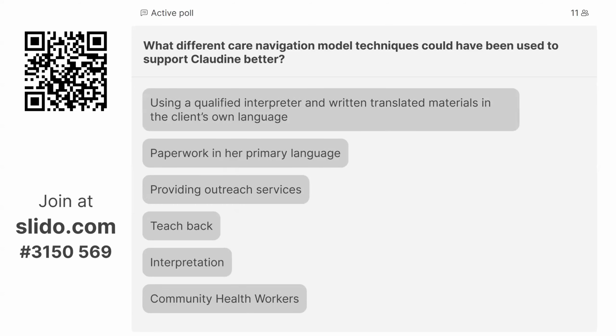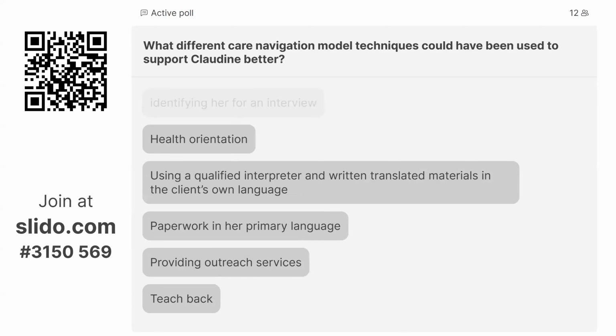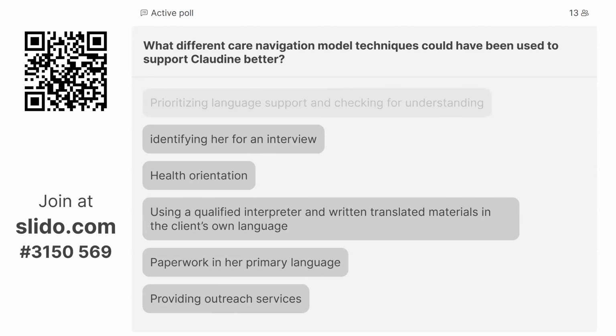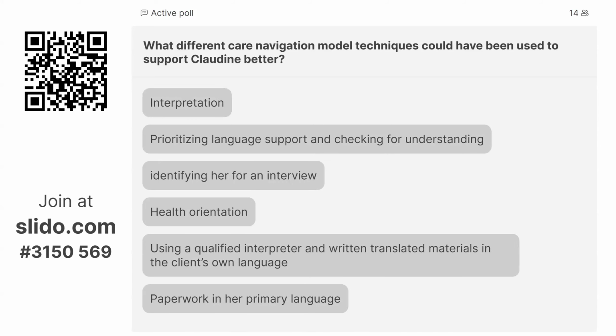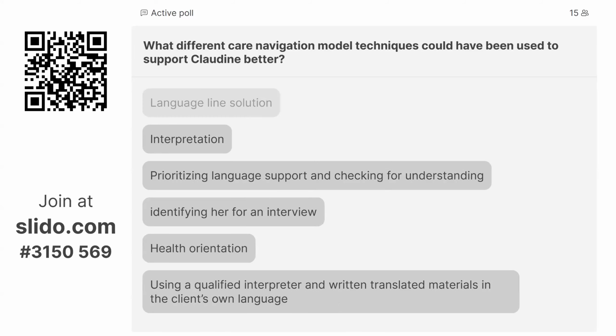Teach back, providing outreach and using a qualified interpreter in translating material, identifying her for an interview, and also giving priority to language support and checking for understanding, and paperwork in a primary language. Language line solution,